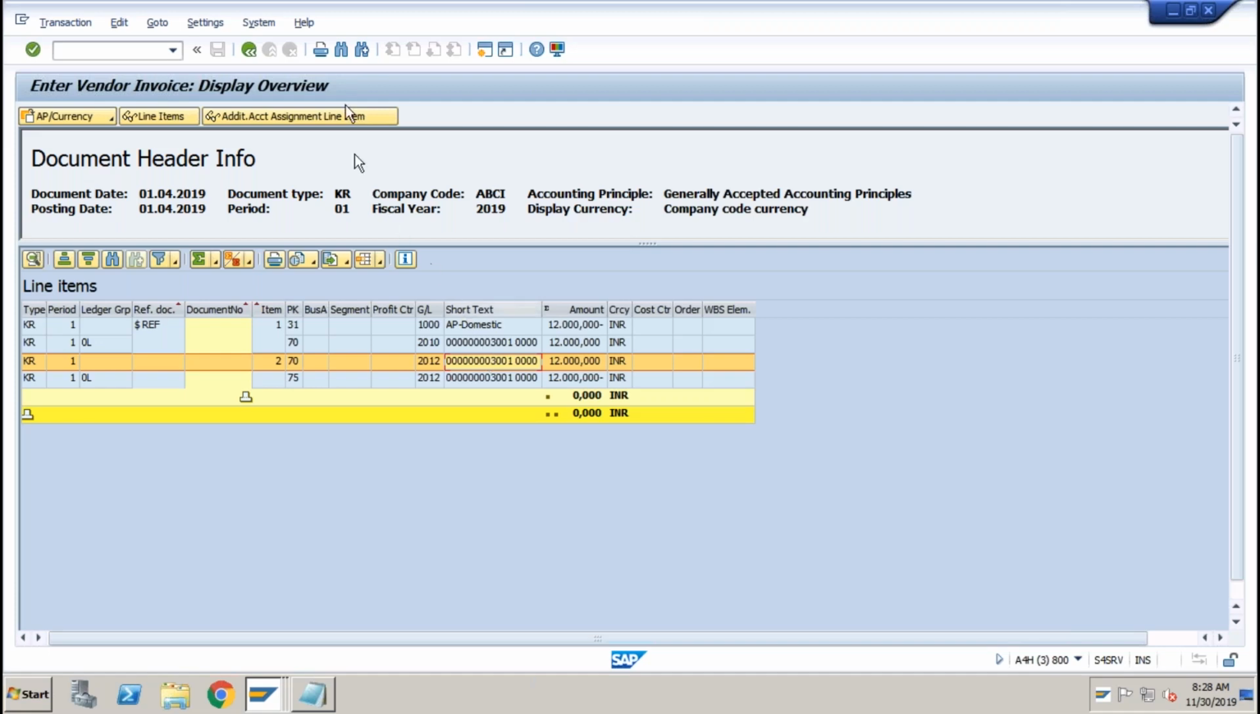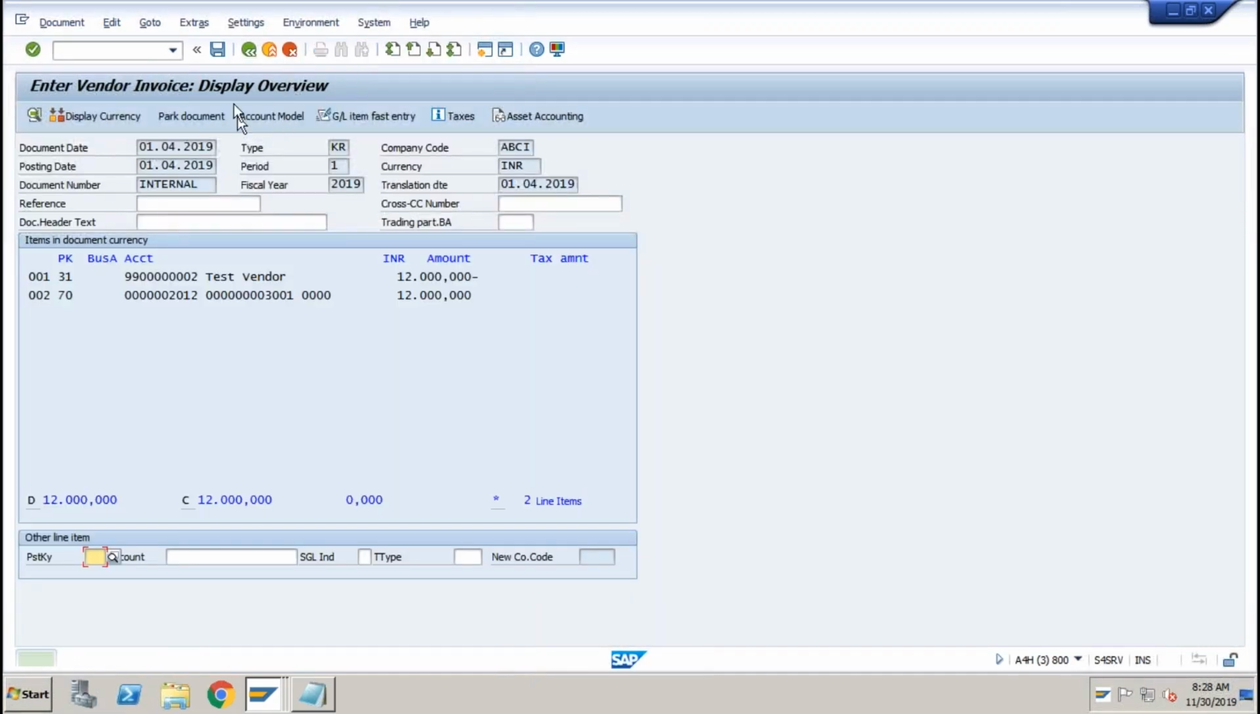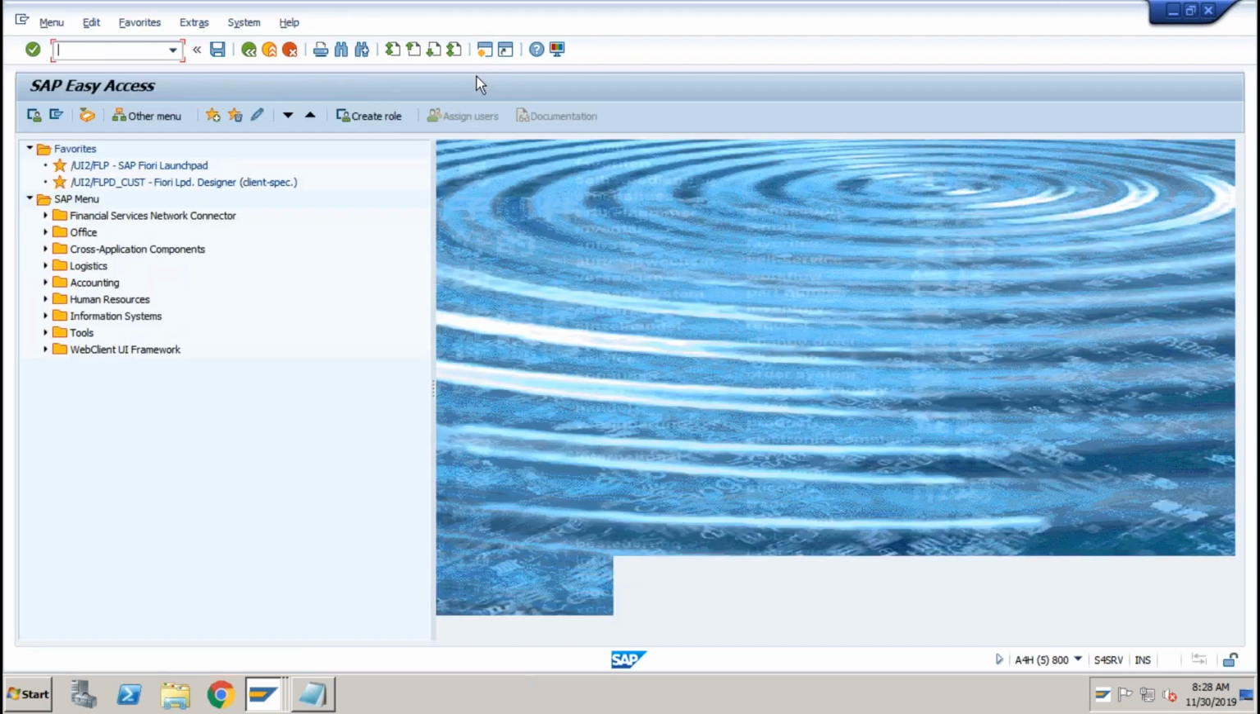Right? So if I click on simulation, it is fine. If I click on save, the system will try to post this to different GL accounts that we defined in account determination. If you remember, last time we did the account determination settings in transaction AO90. Okay, let me show you first. So if you go to AO90,